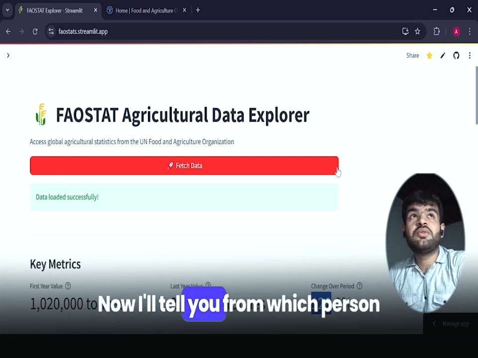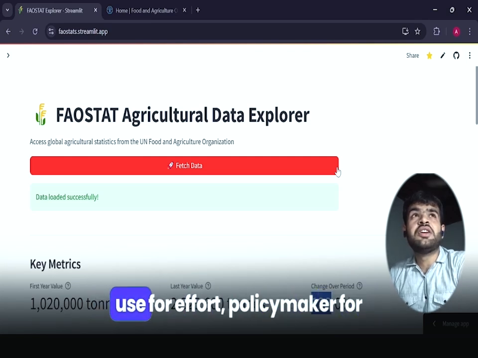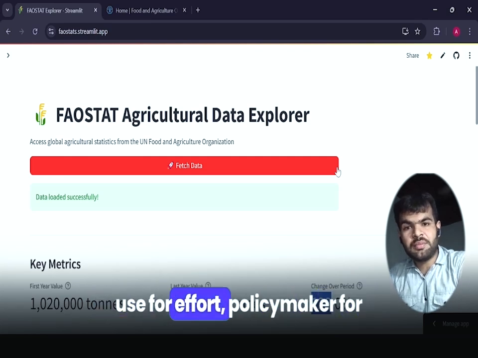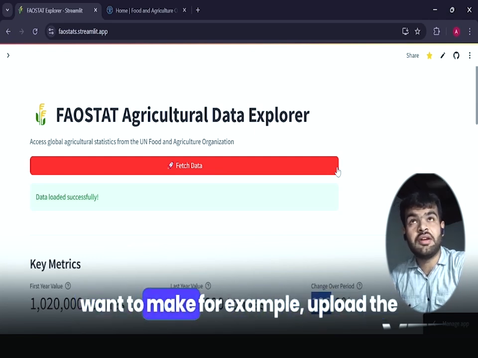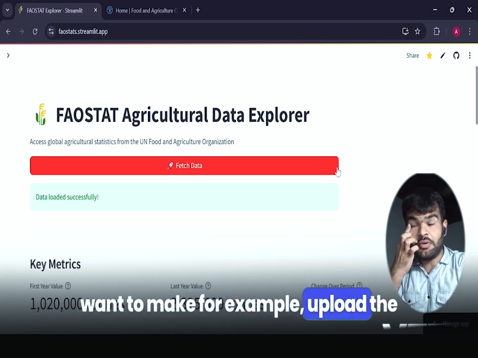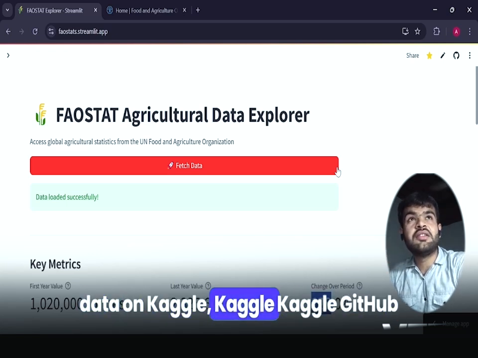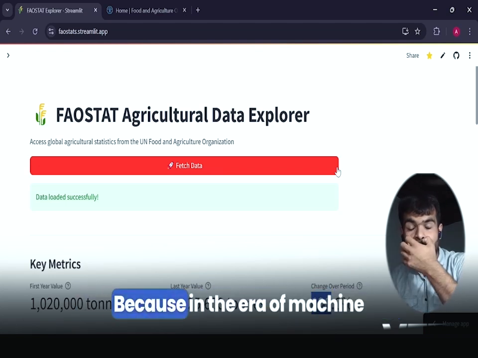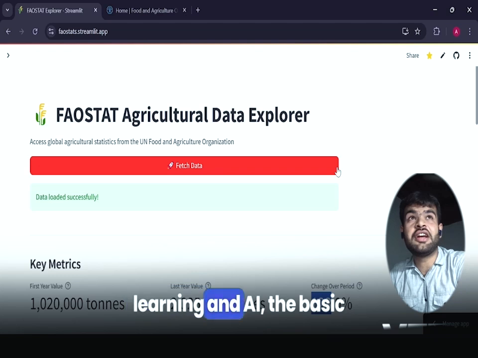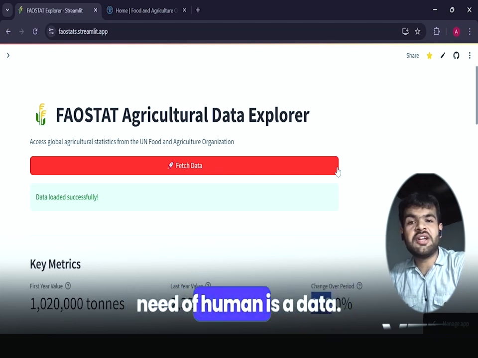Now I'll tell you who can use it: policymakers, students, researchers, and anyone who wants to, for example, upload the data on Kaggle, GitHub repository, and everyone who wants the data. Because in the era of machine learning and AI, the basic need of humans is data.